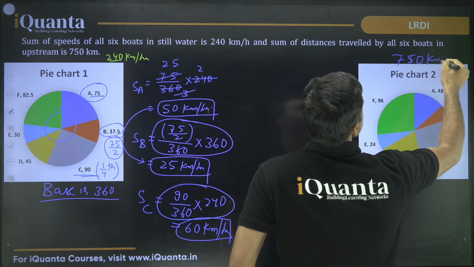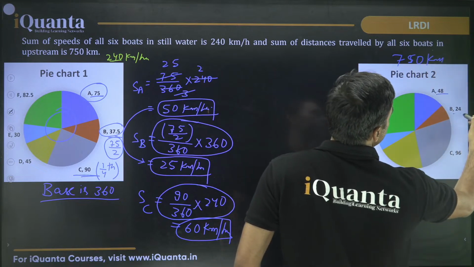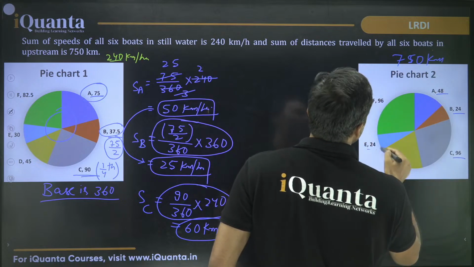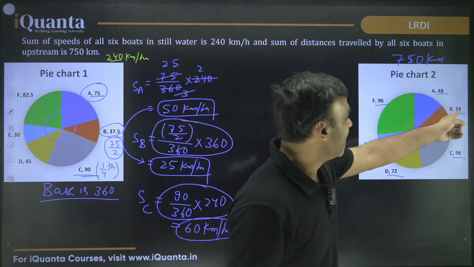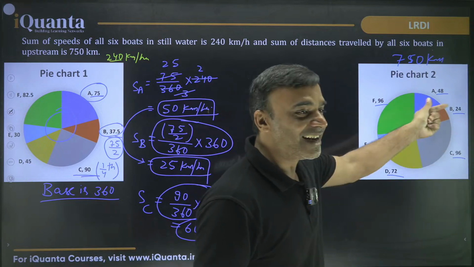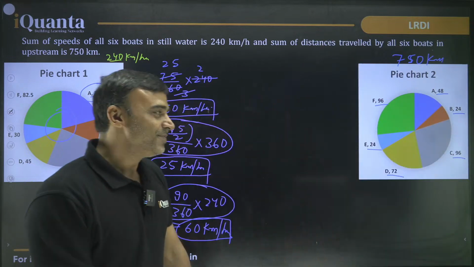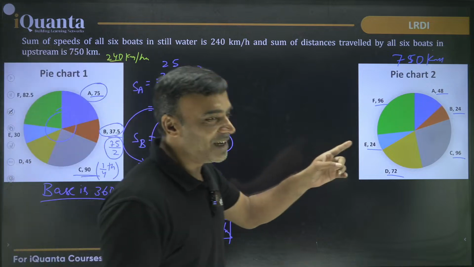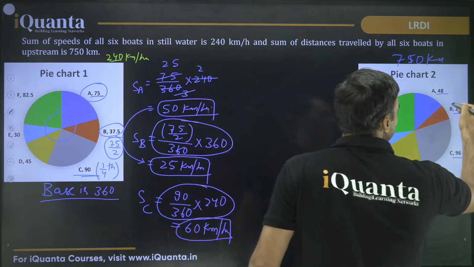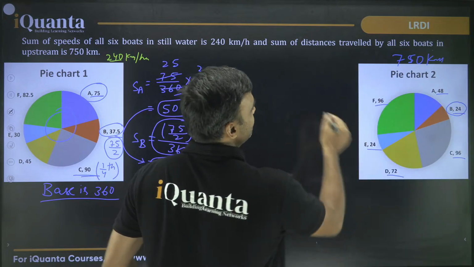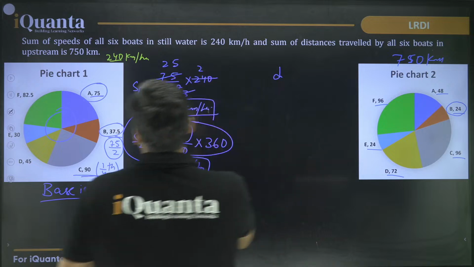Okay, now this is 48 degree, this is 24 degree, this is 96, 72, 24, 96. Wow, क्यों wow कर रहा हूं? You see 24 के मल्टीपल्स हैं सारे, एक निकलेगा और सारे आ जाएंगे. If you are able to find one of them, you will get all of them, right? So if I try to find this 24, what is the distance traveled by? Distance traveled by B.